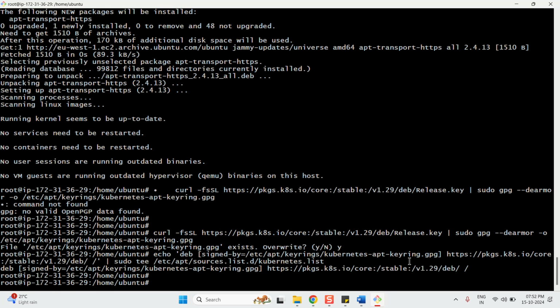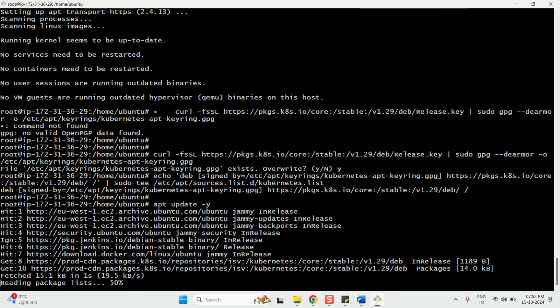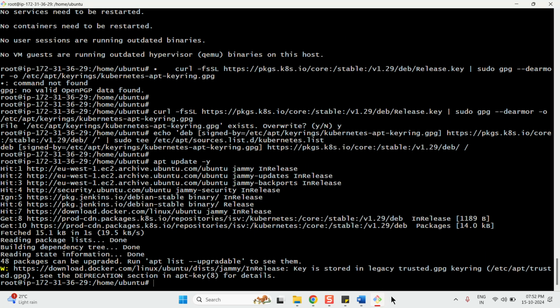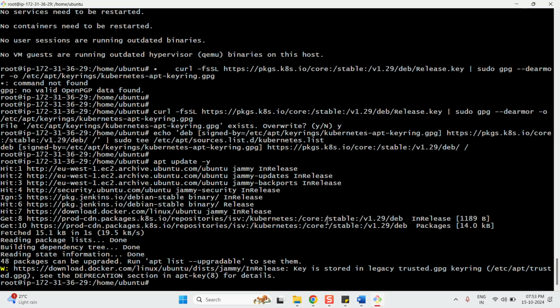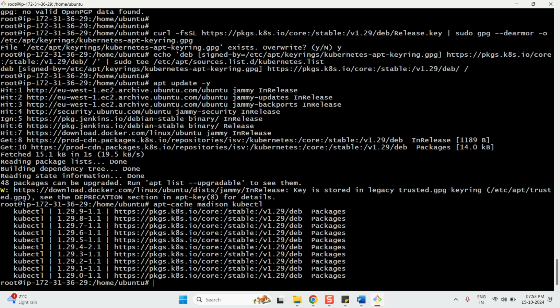Now update. Yes, we updated. Now next thing, install. You have to install kubelet, kubeadm, kubectl. So what we do is first search our version. So 1.29. See, it is available. Now we can install. Apt install